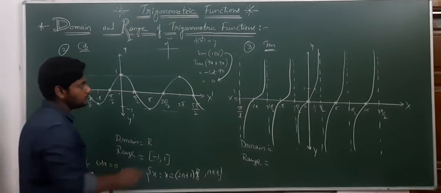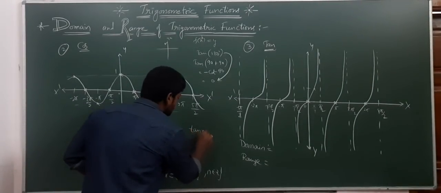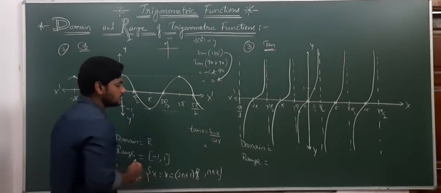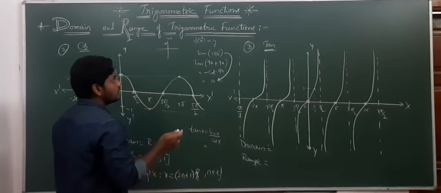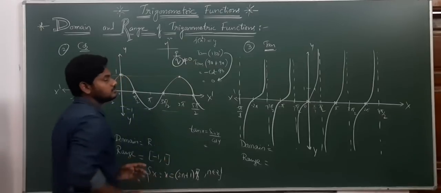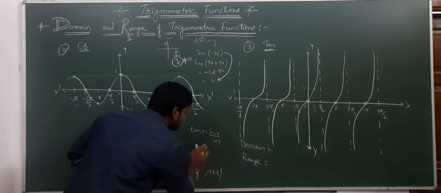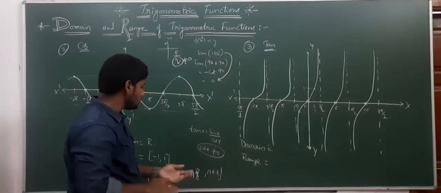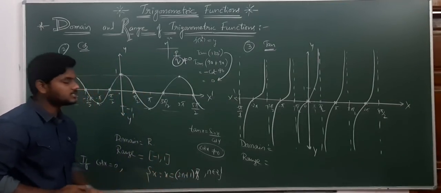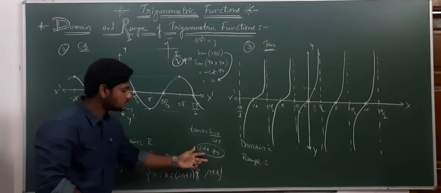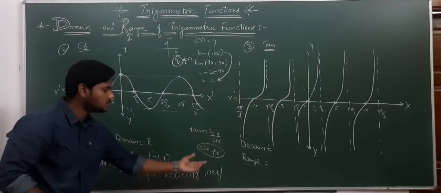Did you understand this? Now, what do you mean by tan x? Tan x means sin x by cos x. Whenever the function is in the form of p by q, q should not be equal to 0. That means the condition for tan x is cos x not equal to 0. Remember, for any tan function, cos x not equal to 0. We know that cos x equals 0 for these values, so for tan these values it won't satisfy.